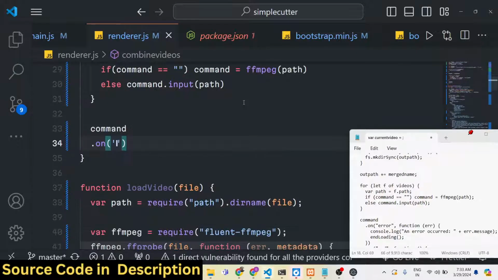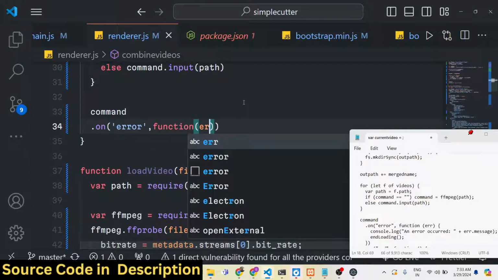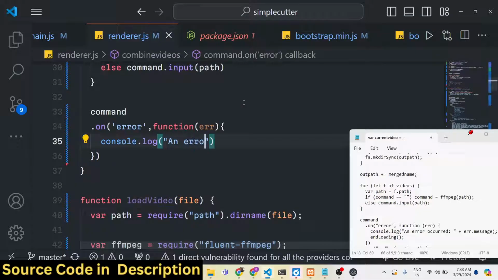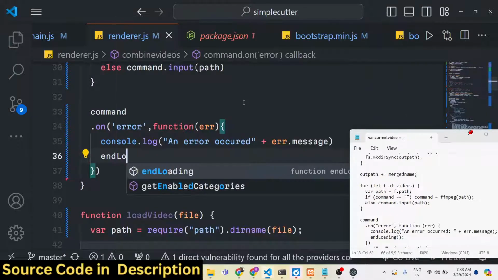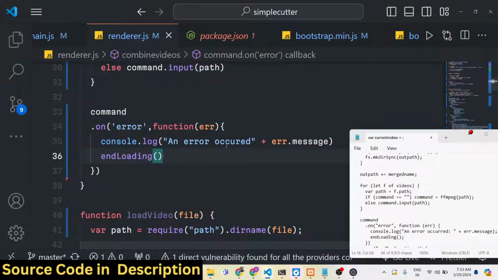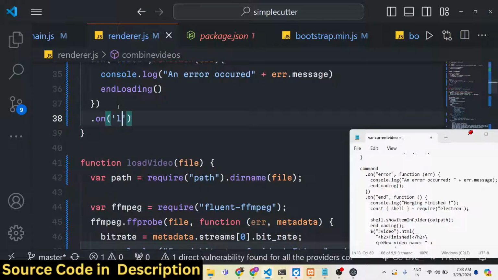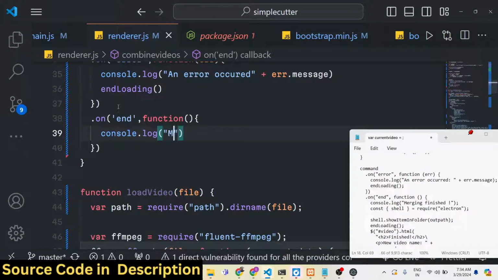So then we have various events which we can listen to in Fluent-FFmpeg. You can read the documentation. If any sort of error takes place, then we can simply console log a message that an error occurred. You can call this end loading function, which will hide the progress bar. And also we can chain these methods, various events. If the processing is done, in that case this function will automatically execute, and here we can simply show merging finished,